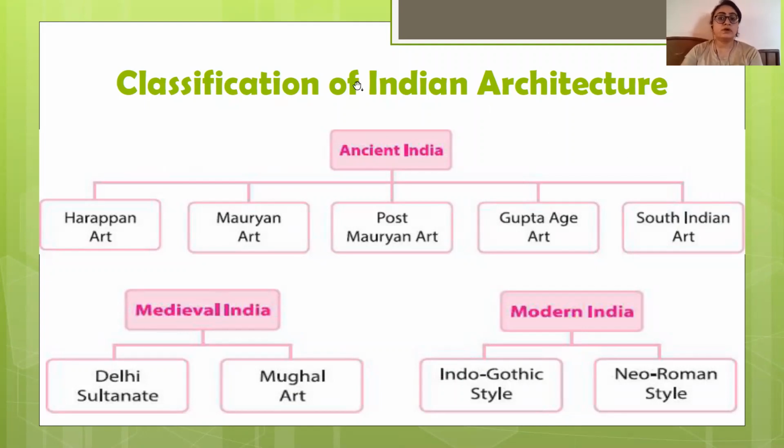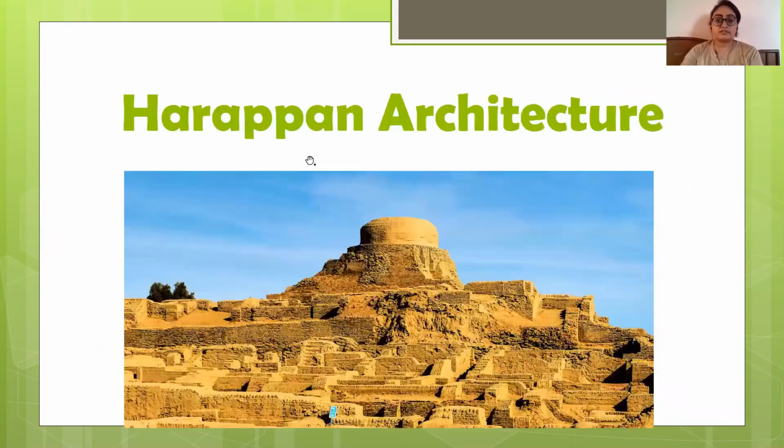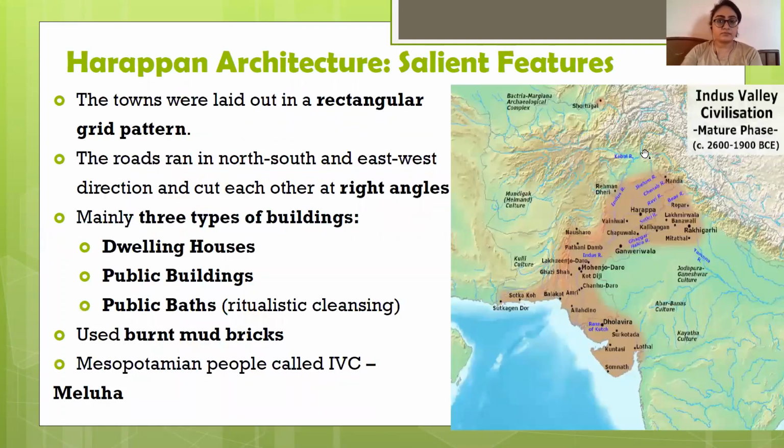So this is the whole proforma of Indian architecture that you are going to learn in these sessions. Let's begin with the first one, Harappan architecture. First of all, some salient features of Harappan architecture. Here we are not going to learn how Harappan architecture evolved or what the sites were. We are only concerned with its architecture, sculpture, and pottery, because it is an Indian art and culture session.